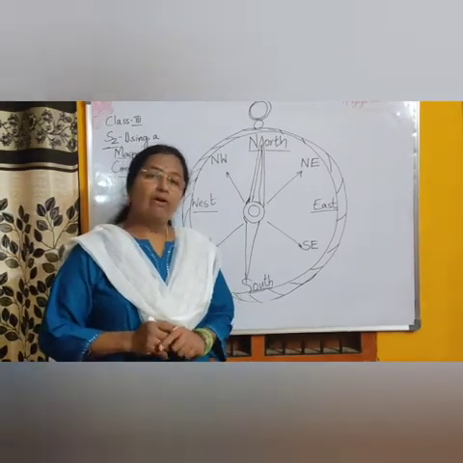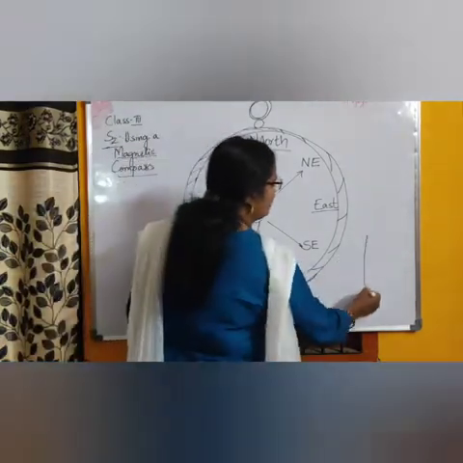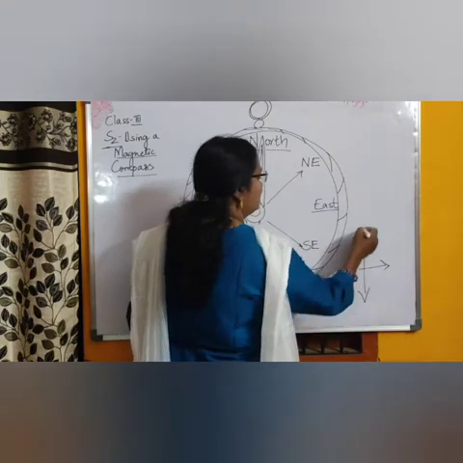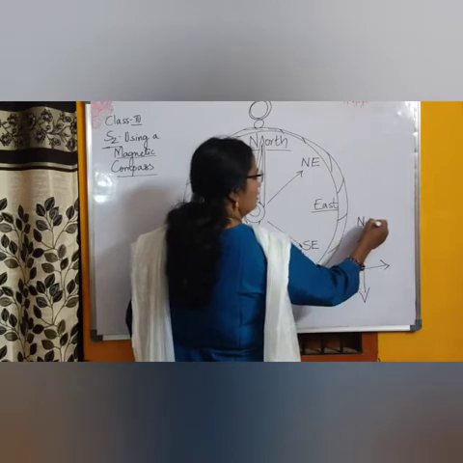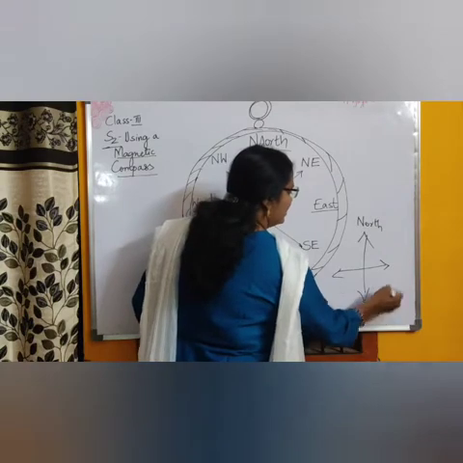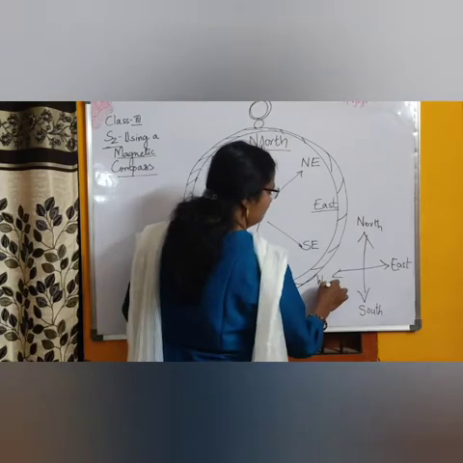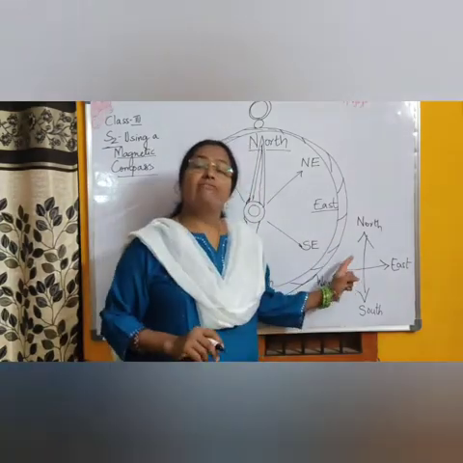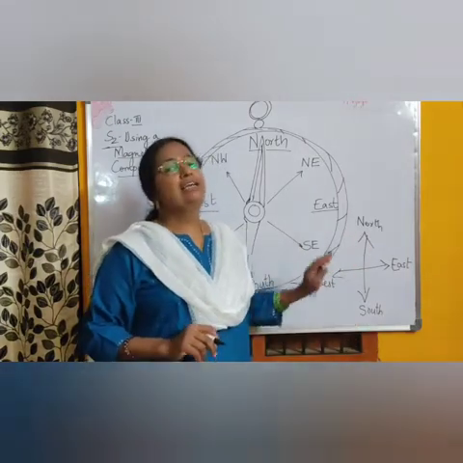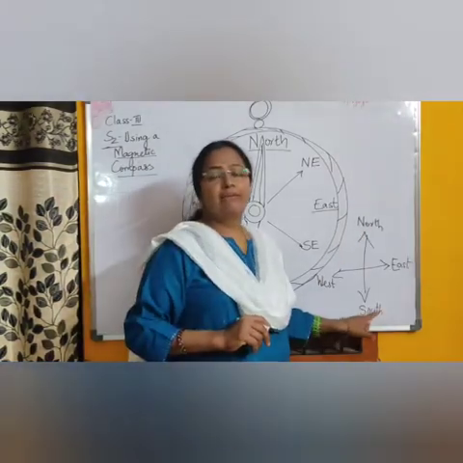Students, we have already learnt about the directions. What are directions? Like this, if you draw, you can easily know that this is north, this is south, this is east, and this is west. So in the previous class also you have learned the same. These are the fixed directions, which are also known as the cardinal directions. So the same you'll find them here.